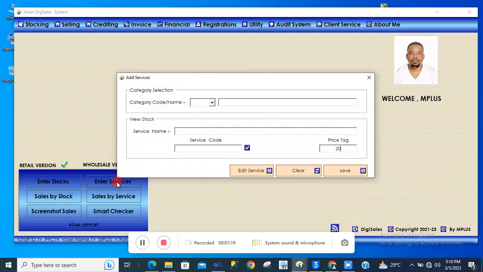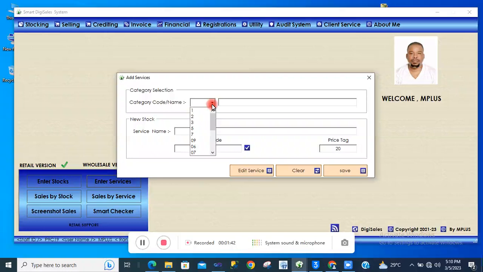Before you enter your service, the first requirement is category. So select your category. Please, if you don't understand how to create category, watch my previous video titled category creation